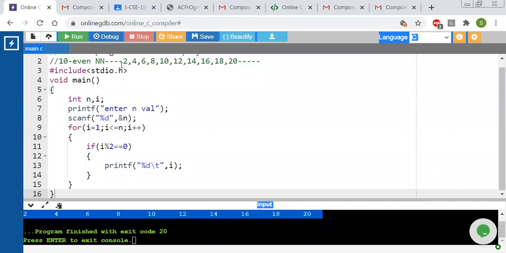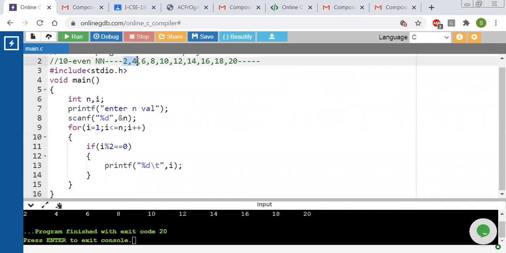Whenever you are writing a program, the most important thing to remember is that before writing the program itself, you must be in a position to write what our output is. That's why in exams we ask for your predicted output. If you know the output, only then can we write the algorithm from input to output.